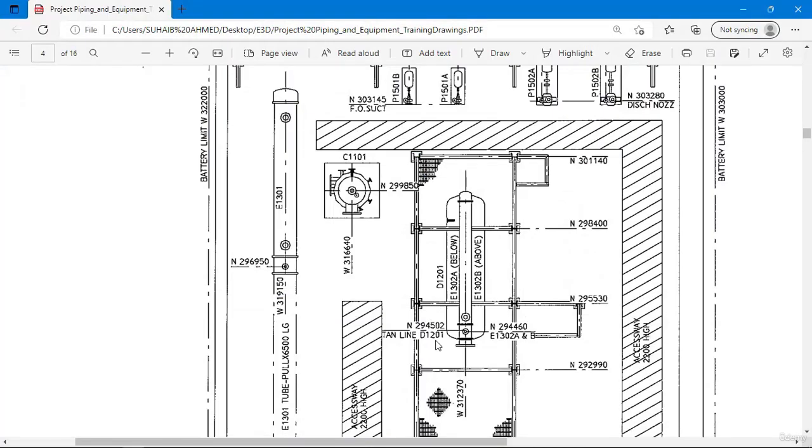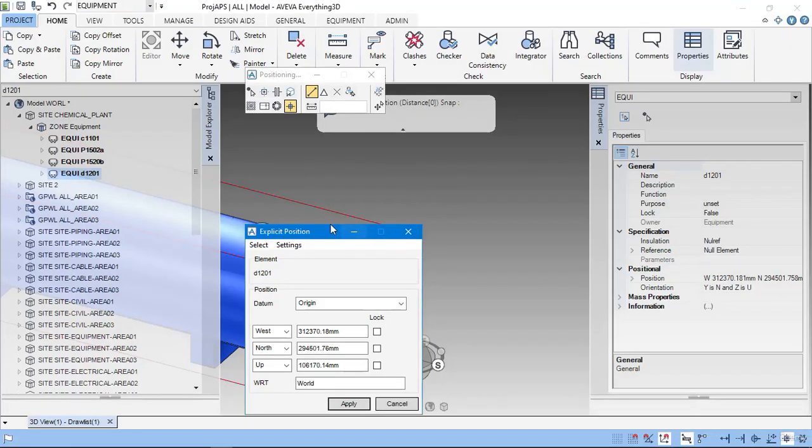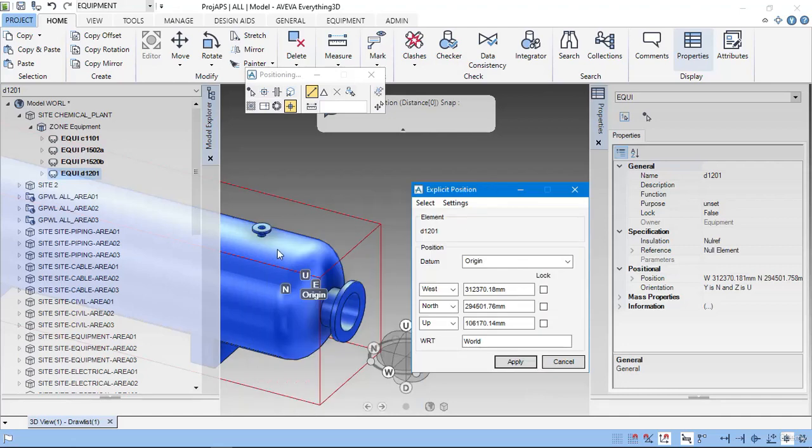See this position, this is 1201. This is a double pipe heat exchanger. This is another equipment corresponding to the reflux drum. So this is north for D1201. This is west for both, common. This is different equipment E1302 E and B. Okay, see this tan line. This ID is located in the tan line, center line. This is the tan line,